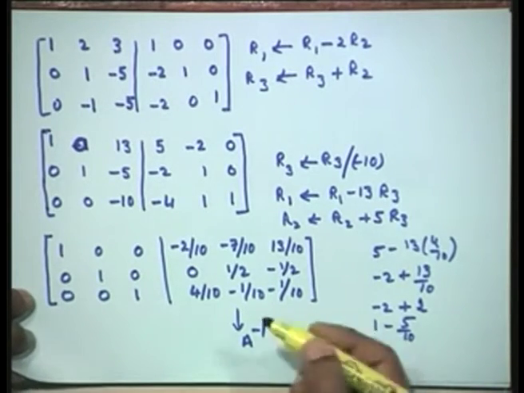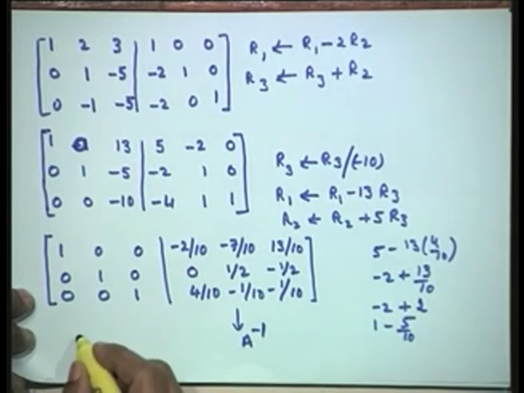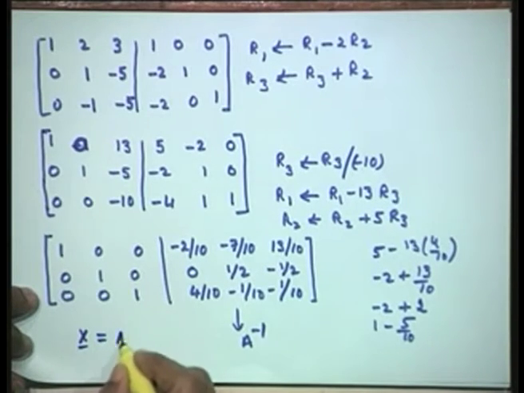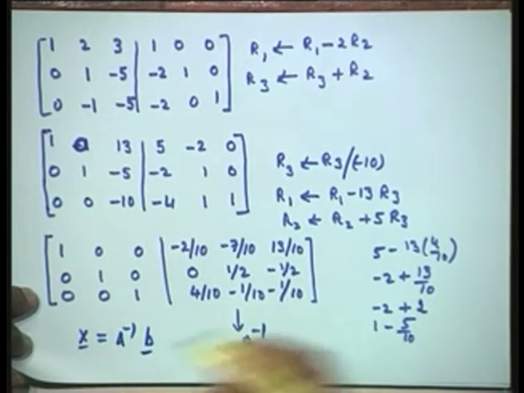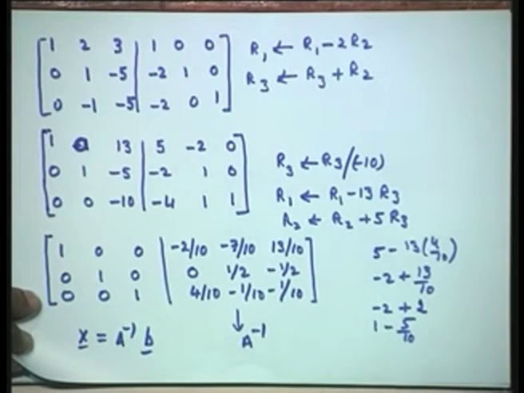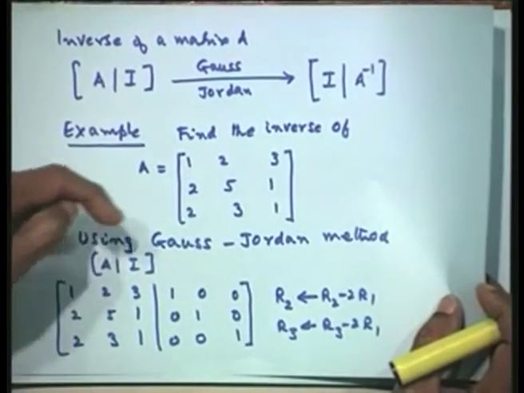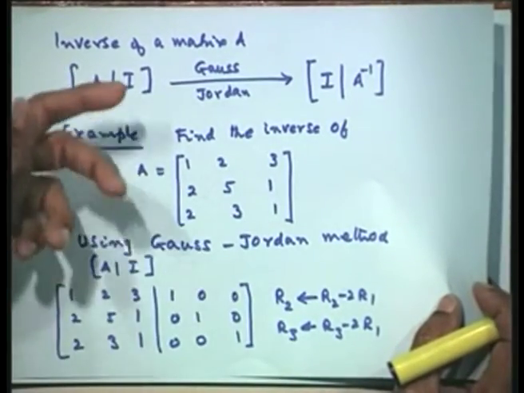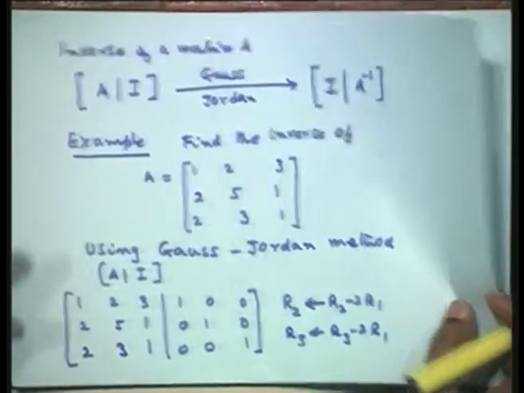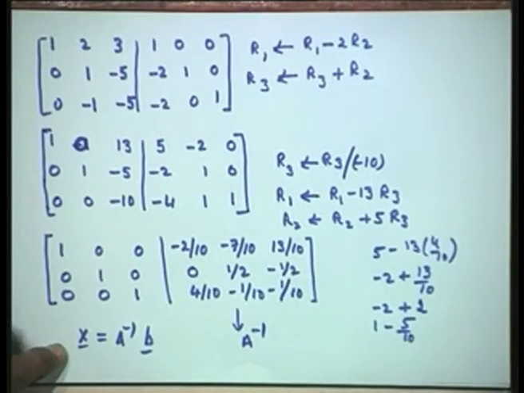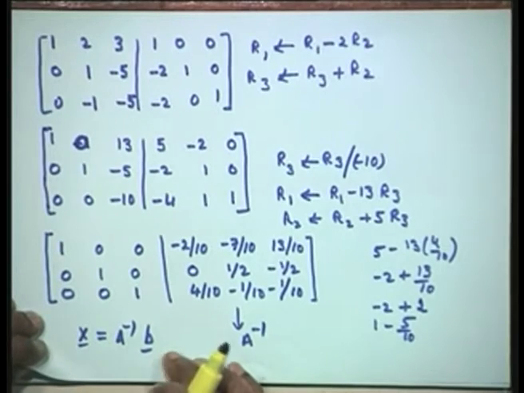Now, if I want to solve a system, I would then take it as x is equal to A inverse of B as the required solution if I am using it for solving a given system of equations. So, here we have been asked to just find the inverse, but however we could as well use this for finding the solution of a system of equations by finding the inverse of a matrix. You could use this A inverse and then find x is equal to A inverse of B.